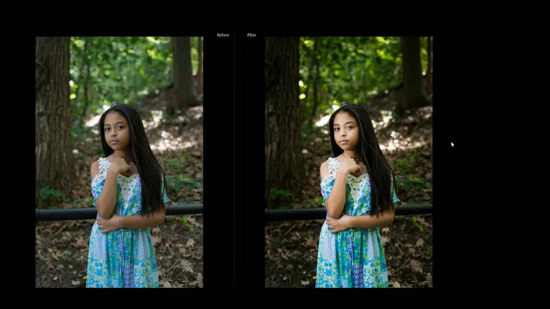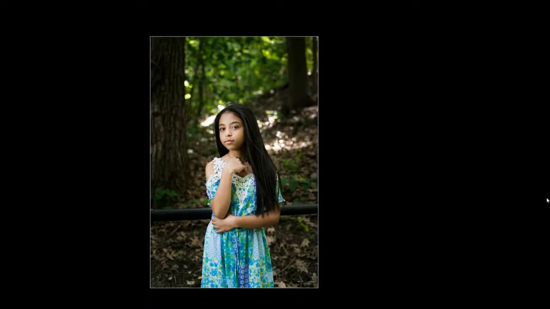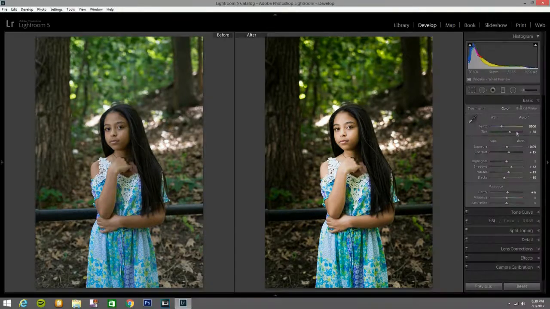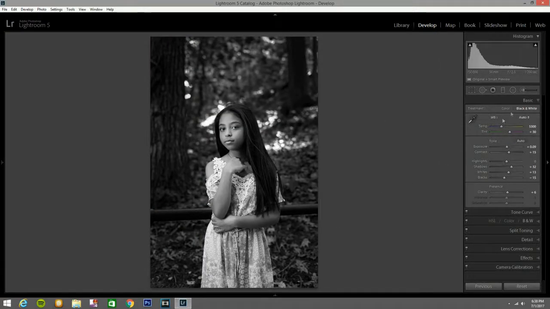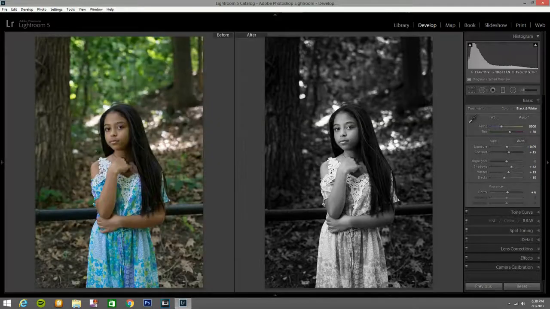I like the tone. We can go black and white on this too. Black and white, I think it will do very good, and that looks great. I think it's even better in black and white. We just switch it with all the edits that we did, and we just switch it to black and white, and I think it's even better. So it's your choice. You can check color